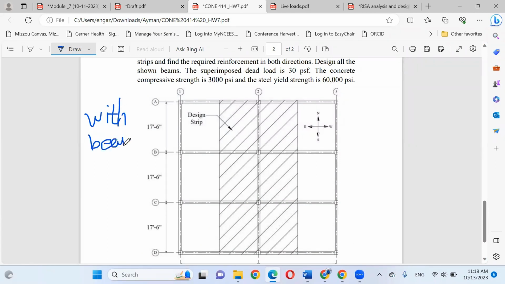Between the columns, we have a beam. Between this column and this column, we have a beam in between. Why? Because we have two parallel lines. Does that make sense? So this point is very important for you to understand. How can I figure out whether I have a slab with beams or without beams?